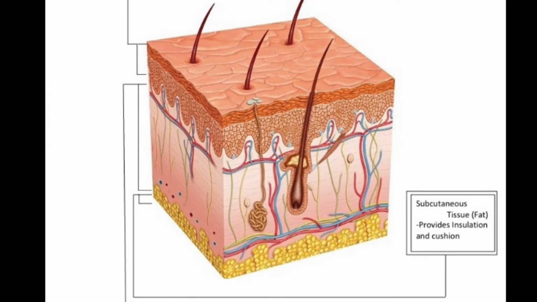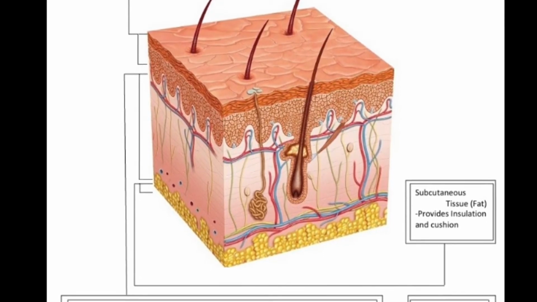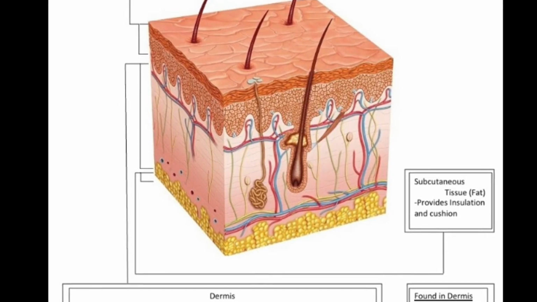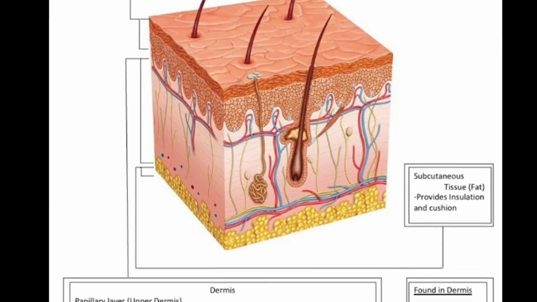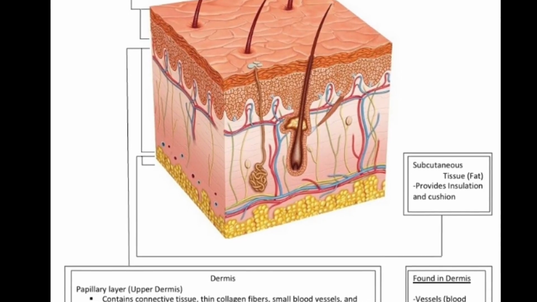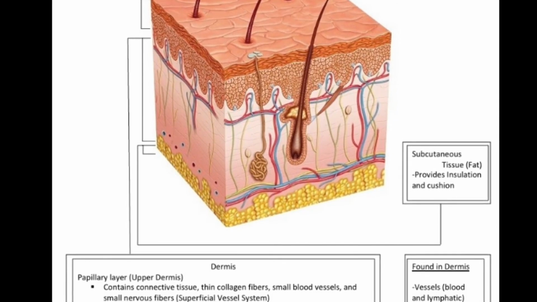The dermis can be split into 2 sections, the upper and deeper dermis. The upper dermis, or the papillary layer, contains connective tissue, thinner collagen fibers, and smaller blood vessels, as well as smaller nerve fibers. The deeper dermis, or the reticular layer, contains connective tissue, thicker collagen fibers, thicker blood vessels, and